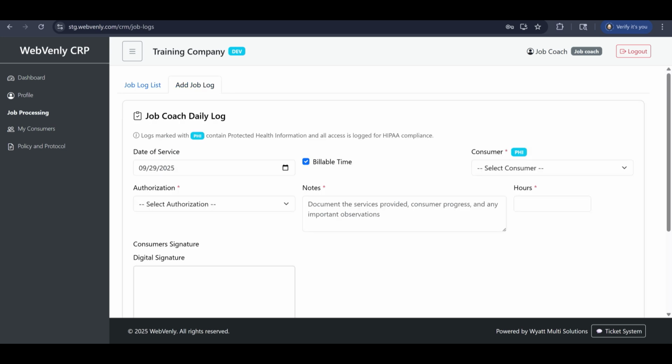Here I have date of service. Is it billable? Who is the consumer? And the same thing here. I will only see a list of my consumers. And then once I have that selected, I will only see their authorizations. You'll see that we have little red stars, and that indicates that this data is required before you save